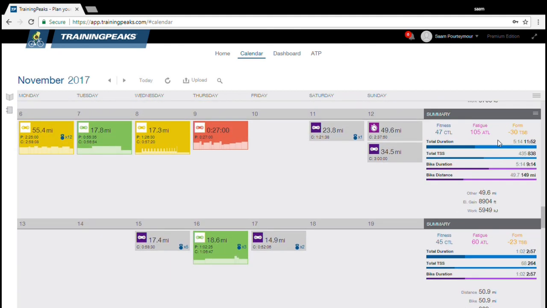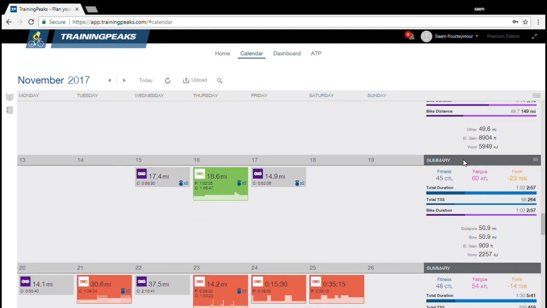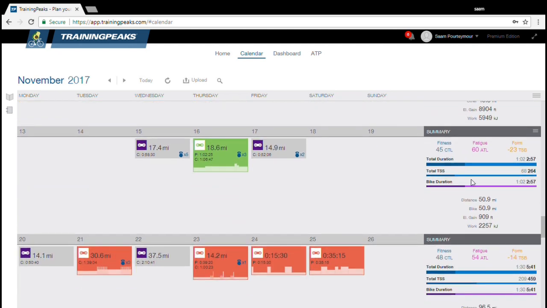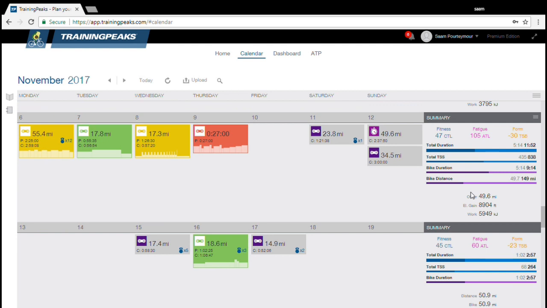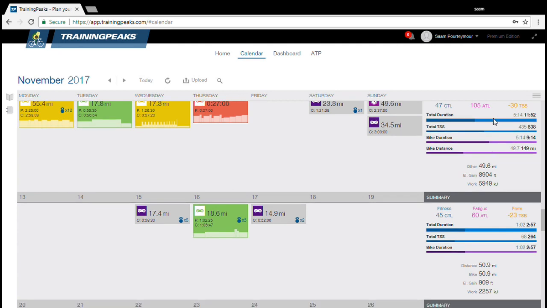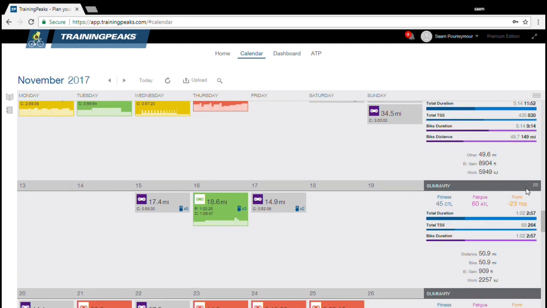As you see here, I've gained a fatigue of 105 points. I've got a fitness of 47. Now, I took a recovery week. After that recovery week, my fatigue level decreased to 60 points. However, my fitness only lost 2 points, which is quite beneficial. How I did that is I didn't ride so much. When I did ride, I only rode in zone 1. That in turn has decreased my fatigue, meaning that my form has got gradually better,